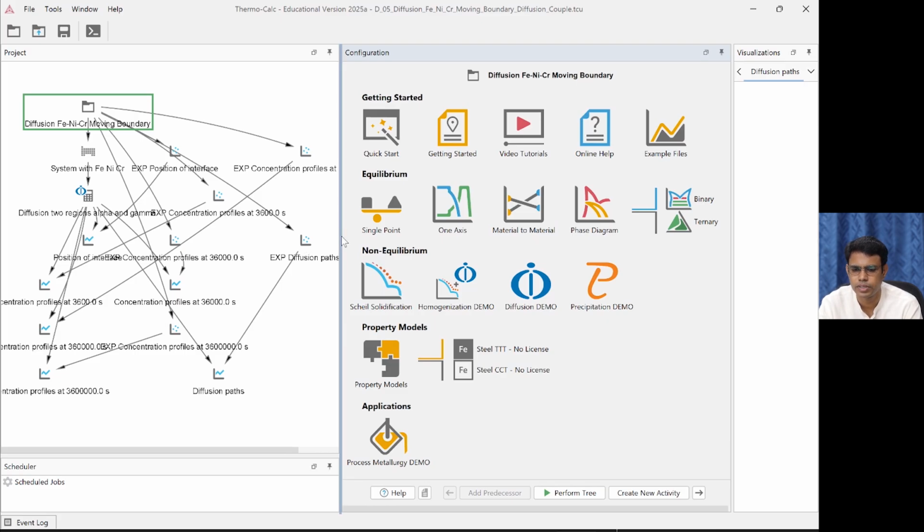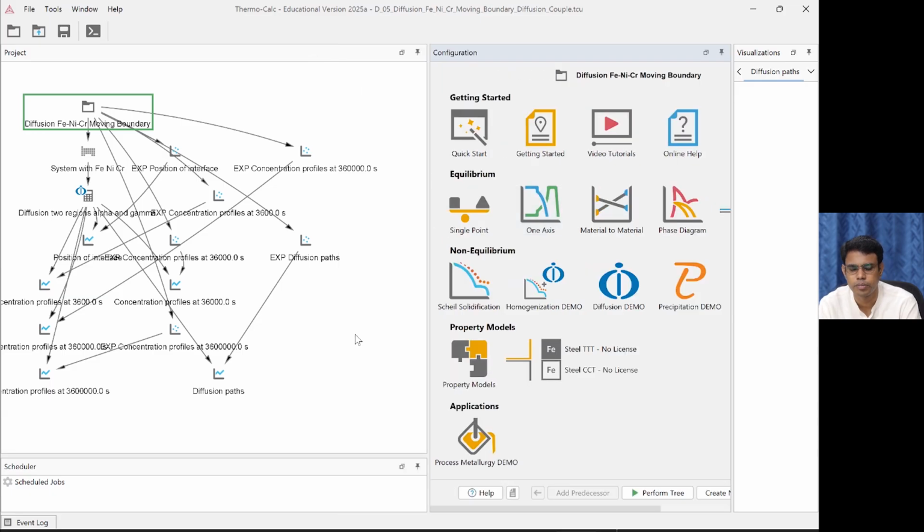So here we can see several things. Okay, they look quite complex now. I'll break it down and explain. In this example, if you see, all these different parts of the tree have different names. The plot renderer is named differently, concentration profile, things like that for our reference basically. But you can see the symbols where the plot renderer will have a small graph kind of thing. Based on that, you can recognize what is plot renderer, what is the diffusion calculator stage and all.